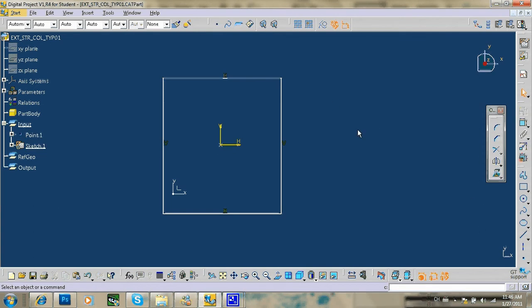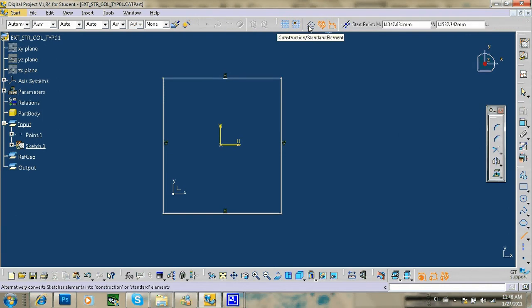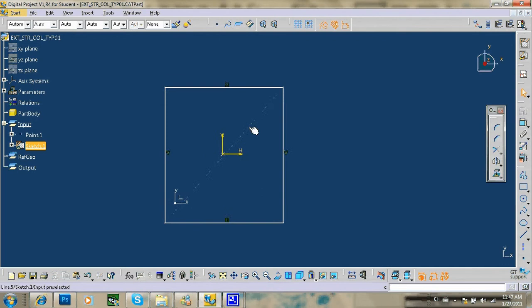The way we do it, we're going to draw a construction line by taking this line, and you also need to click this one so that whatever you draw now will be counted as construction geometry, which will not be shown when you exit the sketch mode. If you draw, you see that dashed line. So if I exit,